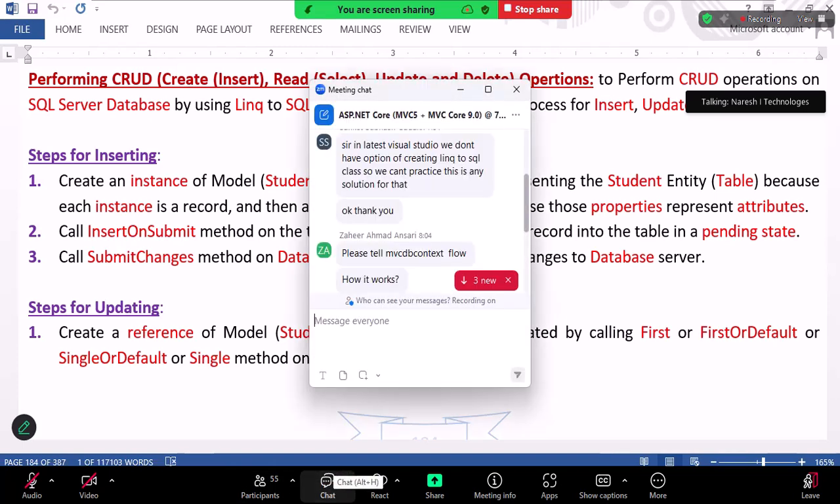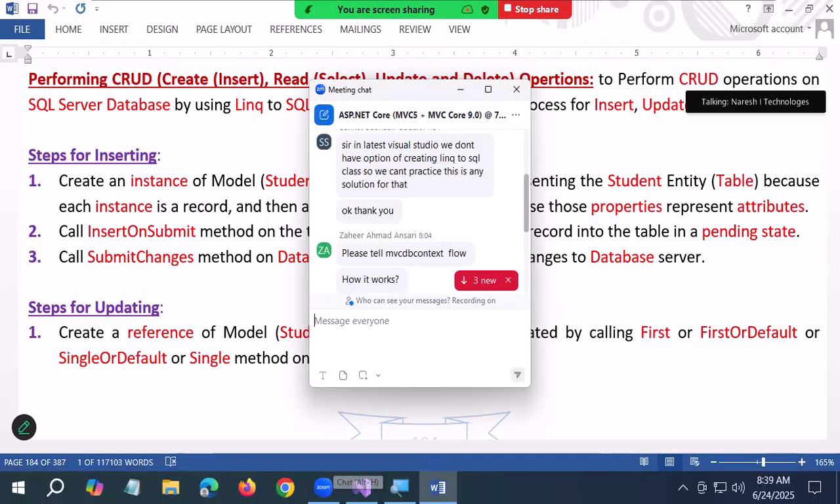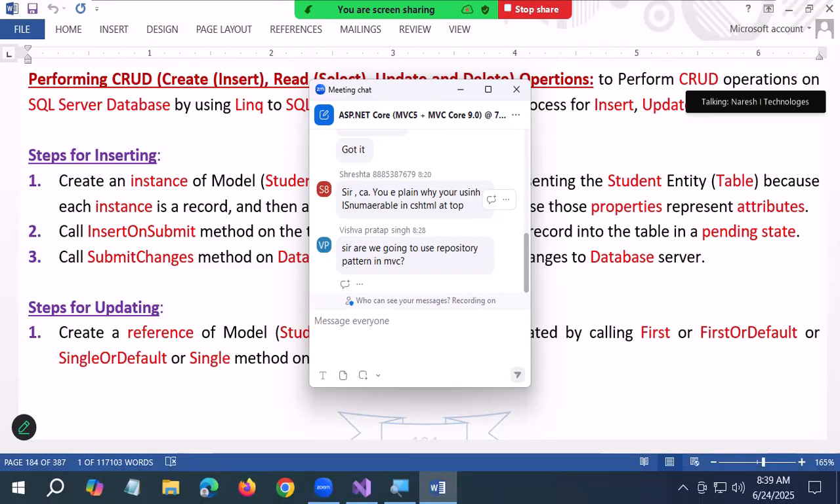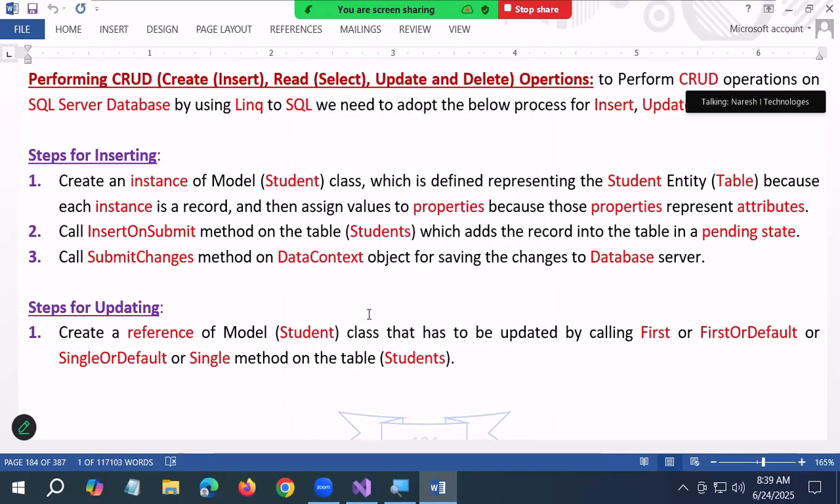I manually created a student instance there. Are you clear? But here that step is not required. Why? MVC has a beautiful concept called model binding and name mapping system that creates the instance and gives it to you automatically. So the first step is eliminated. Second step, on the table, InsertOnSubmit, remember the table is in pending state. Pending state may not be sent to the database, it is the local copy. Last step,